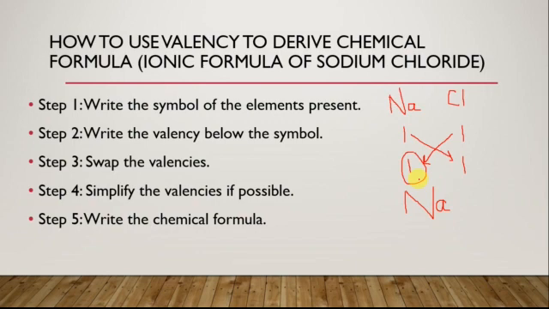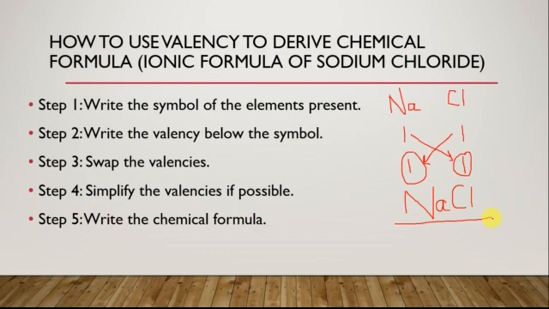But as the number is 1, we will not write it, but we will keep it as it is. And next, for chlorine, without leaving any gaps, students, this is the chemical formula. So we write Cl. Again for Cl, the number is 1. So in the subscript, we will not write 1, but we will simply write Cl. So this is the formula of sodium chloride, that is NaCl.